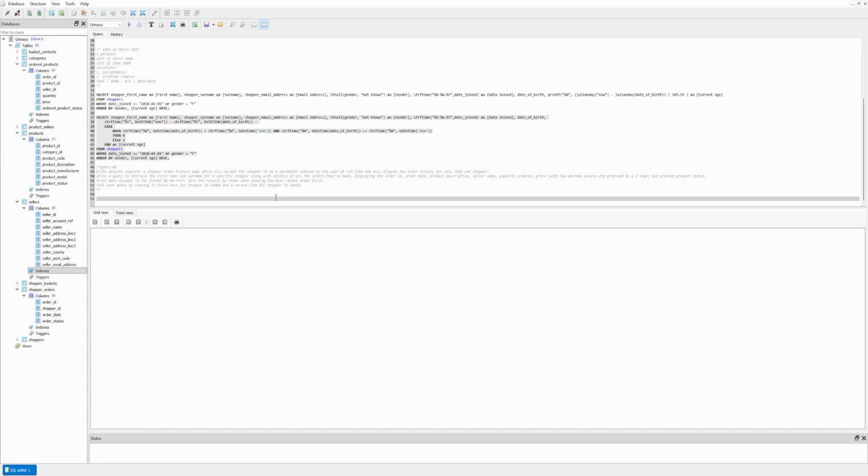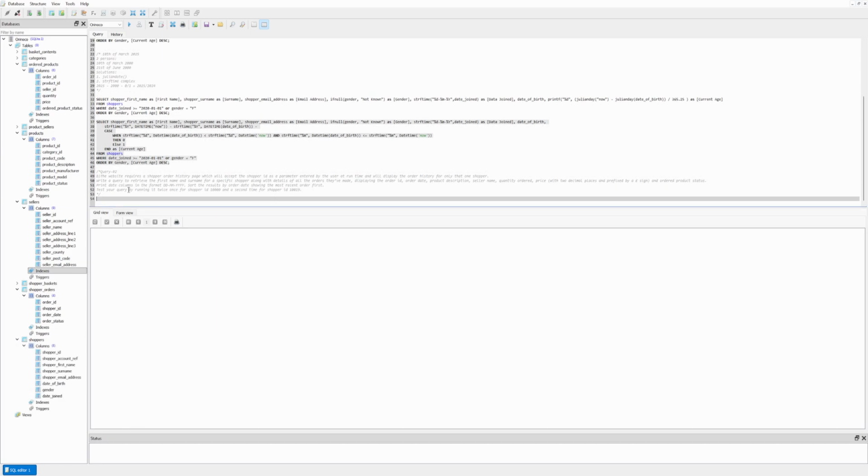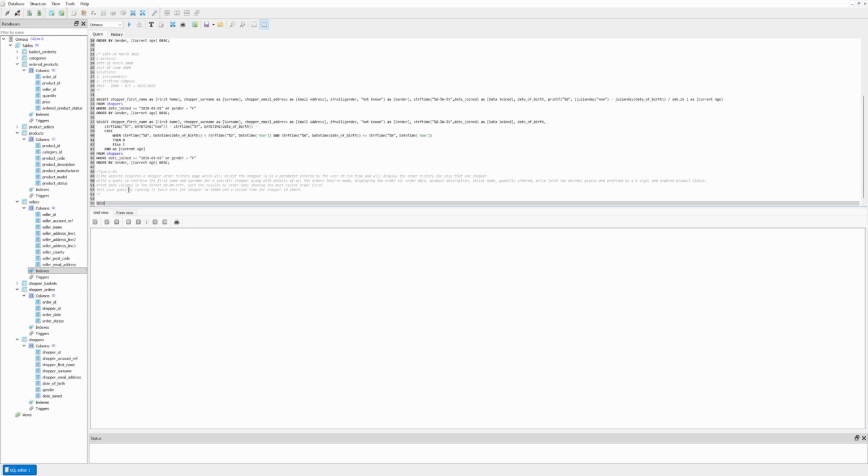prefixed by a pound sign, and ordered product status. Print date columns in the format of day, month, and year. Sort the results by order date, showing the most recent order first. Test your query by running it twice, once for shopper ID 10,000, and the second time by shopper ID 10,019. Well, so we'll start with select, and we'll say